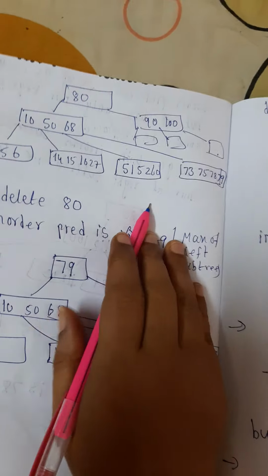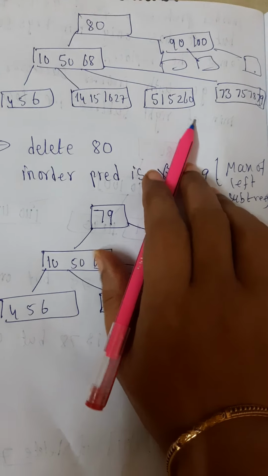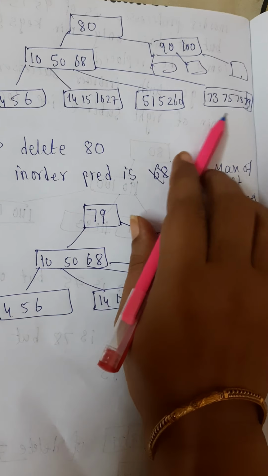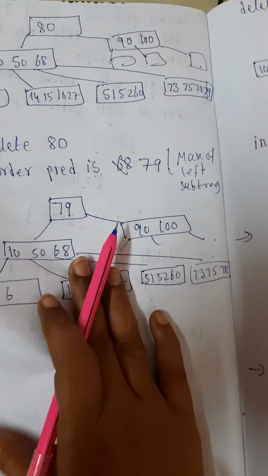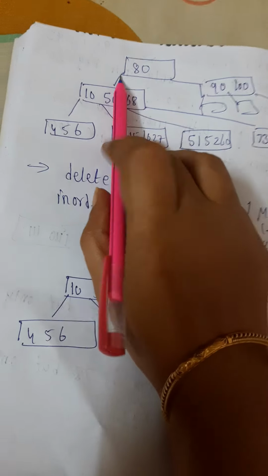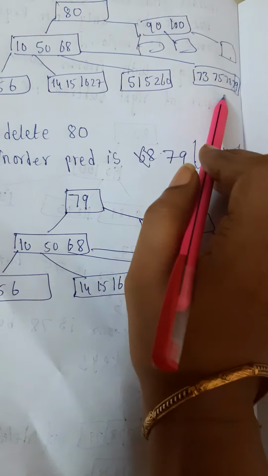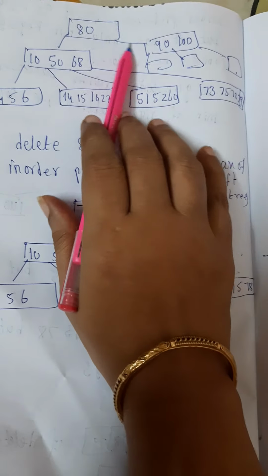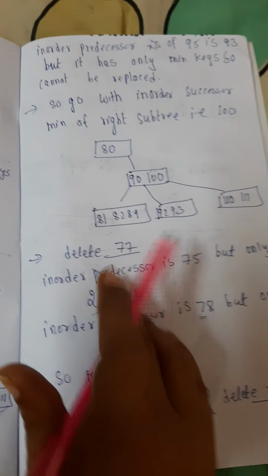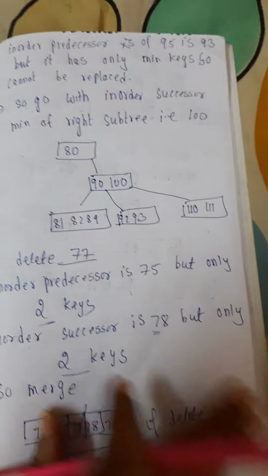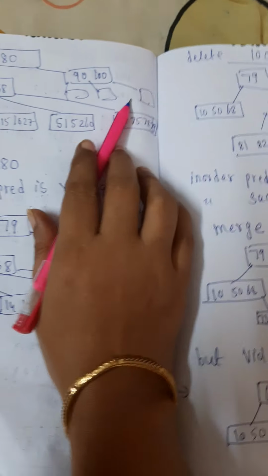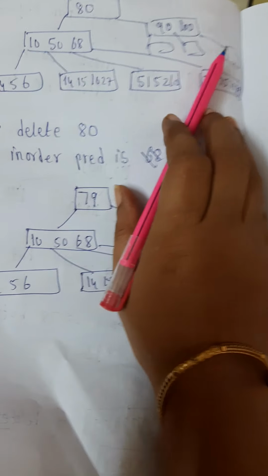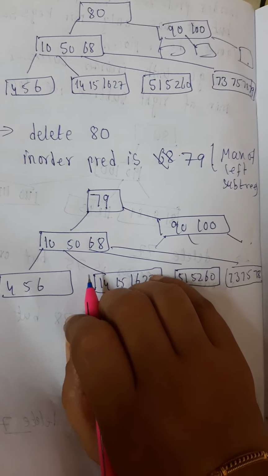Now after the update, this is the tree you have. I have merged, and I have removed 77 from the internal node. This is what you have, and this is the right tree, 90, 100, as in the before case we have shown you. This is the right part. Instead of drawing the complete thing, I have just shown you, but when you are drawing it, you draw it completely. Now we will see another case.